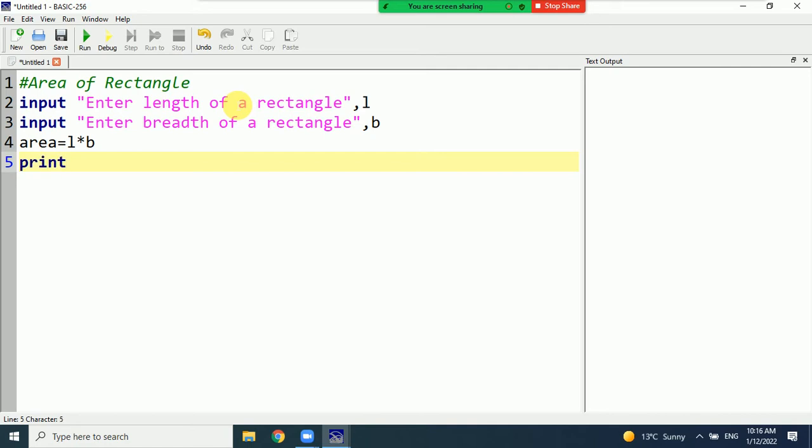So we will use the print statement, and if you want to show a message, you have to write it in inverted commas as a string: area of a rectangle is, inverted commas close, plus. इसके साथ हम प्लस क्यों यूज़ करते हैं? बिकॉज इट विल बी कनेक्ट एज ए स्ट्रिंग, तो वो उसके साथ कॉन्केटिनेट हो जाता है. एरिया कैलकुलेट हो रहा है तो हमने एरिया को कनेक्ट कर दिया.